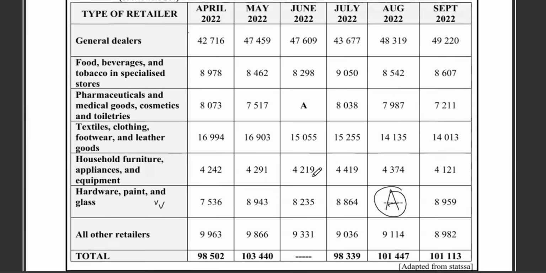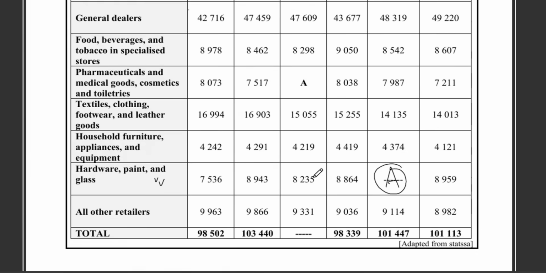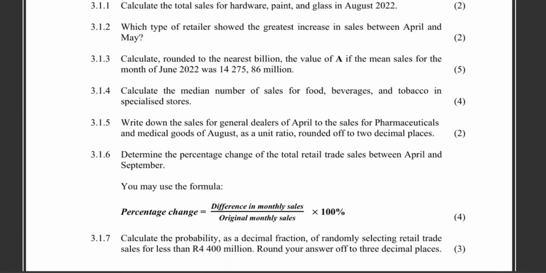So as you look at it already, that's August, the number missing. You already have the total here. So you're going to get this number here minus all these other ones. We shall get this number minus all these other ones to get the missing number here. So we shall say